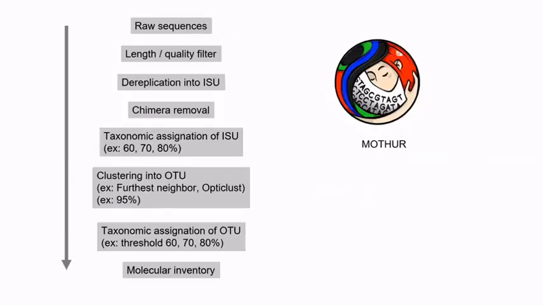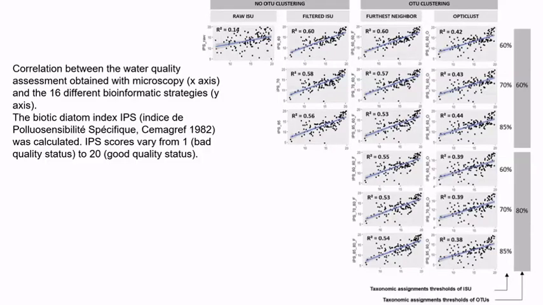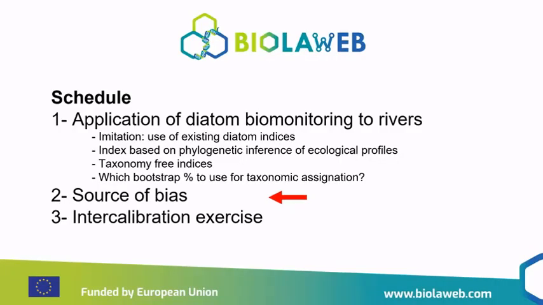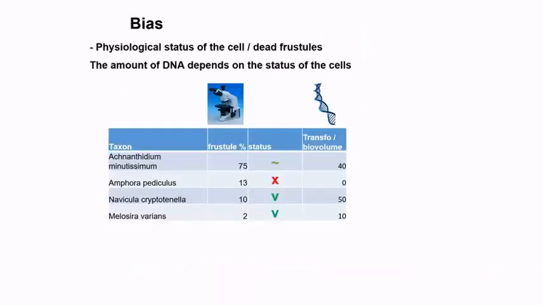Maybe we can go directly to the source of bias. Just to sum up a little bit. Yes, it's really when you compare a microscopic list to a DNA list, even if you make this transformation with the biovolumes and the correction factors, sometimes you don't have the same floristic list. So I would like just to give you these thoughts on the